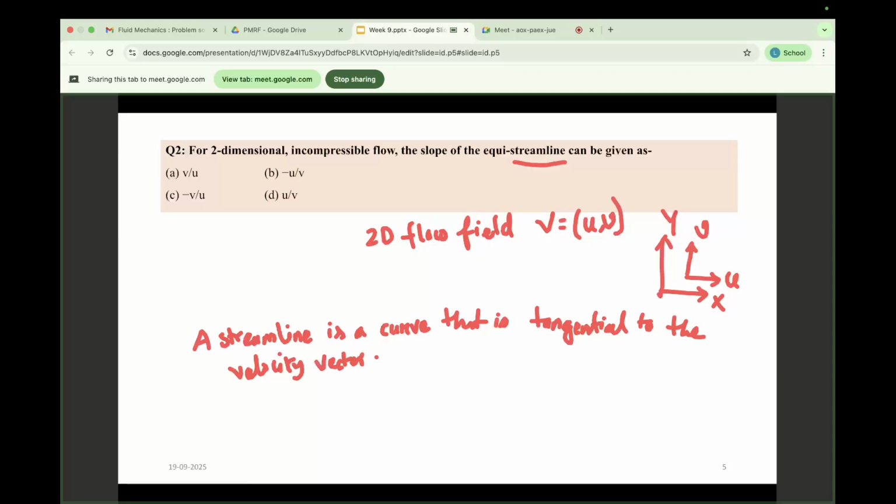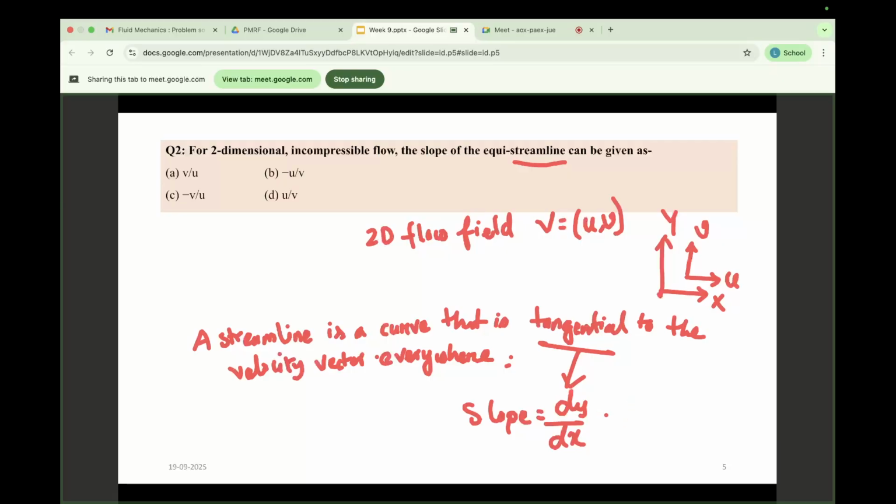So always remember this thing. If you know this velocity field or overall velocity vector, and you find out its tangent, then it is the streamline. Basically, if I find out this slope, tangent means I can find out this slope. So what is the slope? I know that slope is dy by dx,